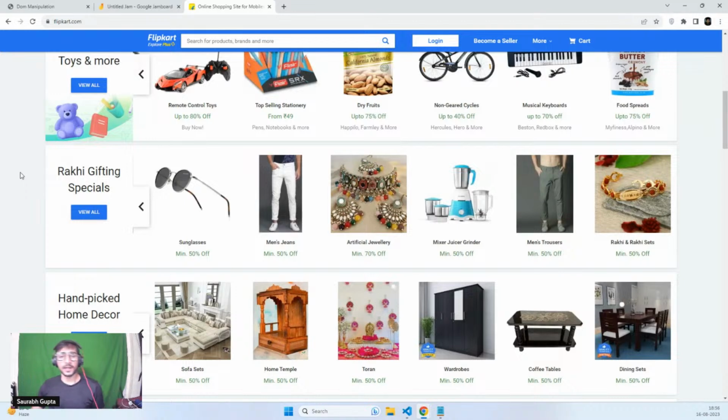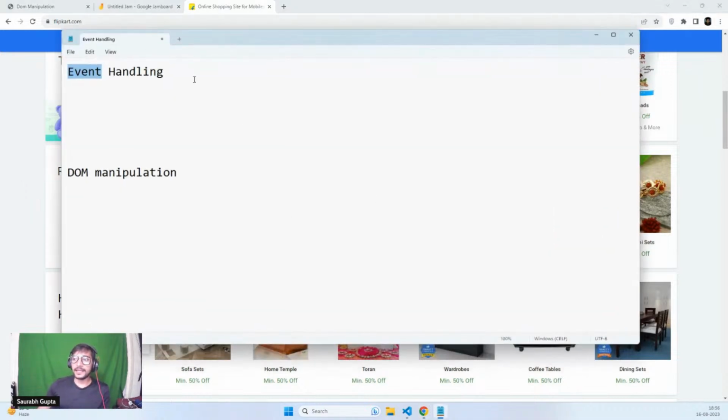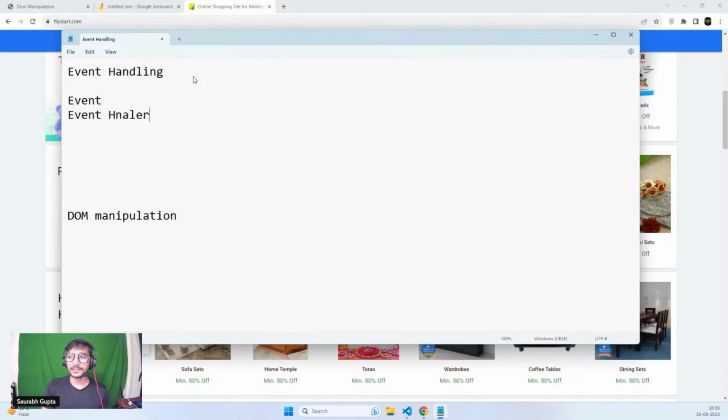Okay, cool. So now, the event handling concept. Now we know what an event is, but we want to learn event handling. That means whenever a user performs an event, what am I going to do? Like if a user clicks on a button, what should I do and how to do that? So event handling has 3 parts. First, the event itself. Second, the event handler. That means what kind of event was performed and on what element,